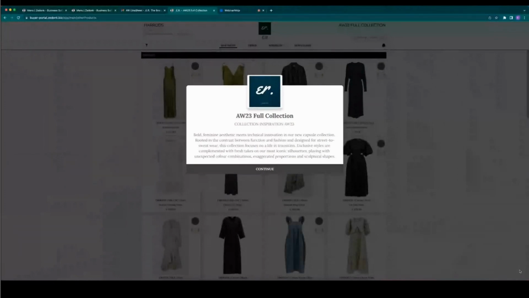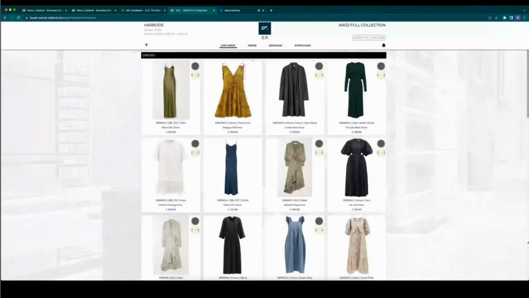You can choose not to utilize this, so not to have additional information here, but it's also quite a nice way to lure in your clients to the portal itself, maybe giving a little bit more of a description, inspiration, or something like that about what this portal is. Or if you're using it for stock, maybe you say that it's your live inventory for that season, but we can totally go through that after. So pressing continue, this is my buyer portal.